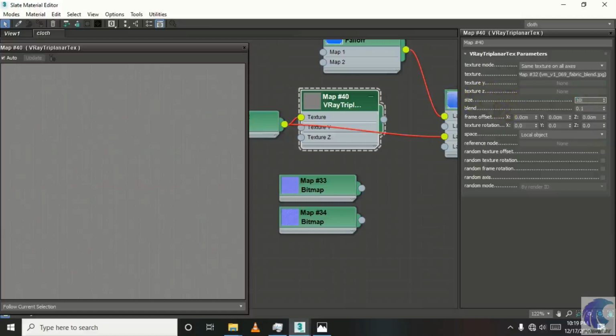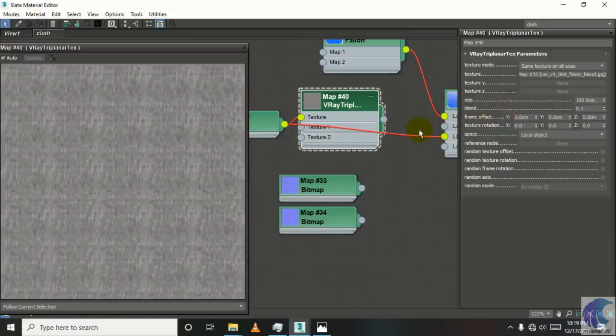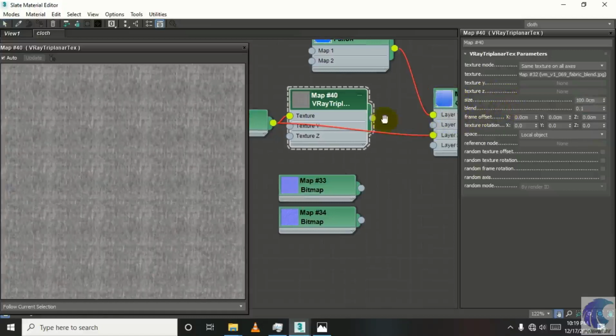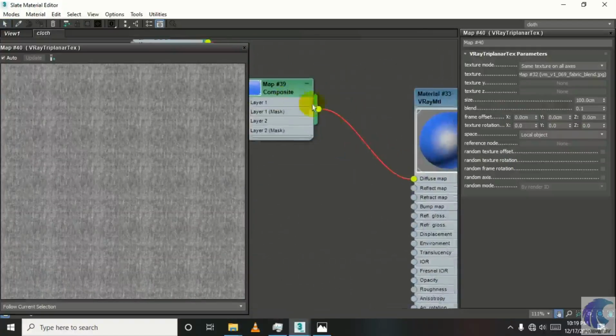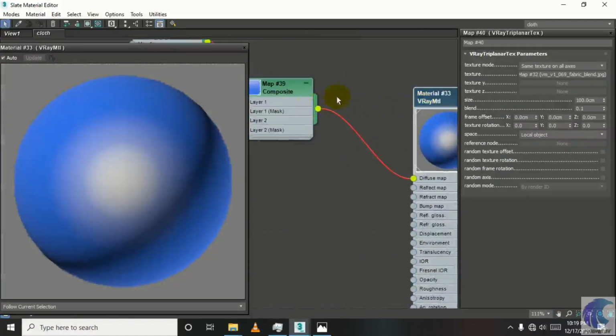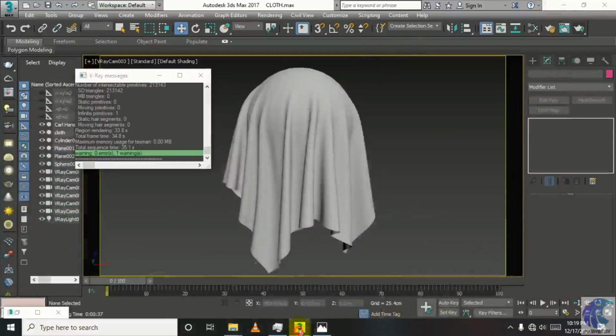So we will use 100. Just test it before doing. I have tested it, so now I will use the same in layer 2, and now we will render that region again.